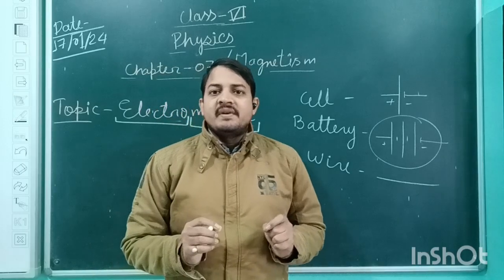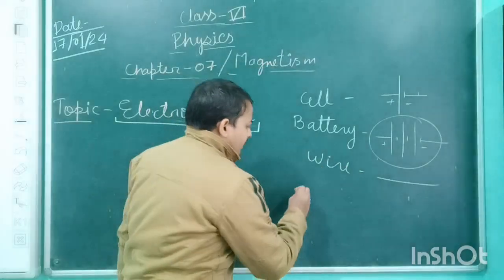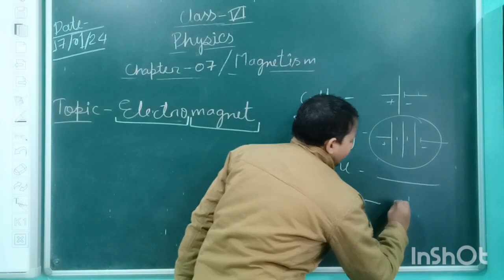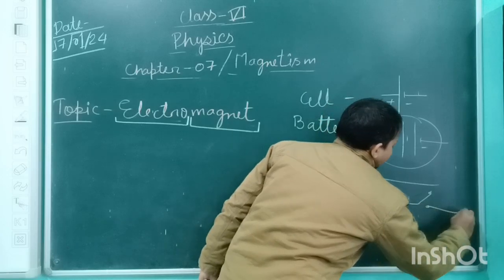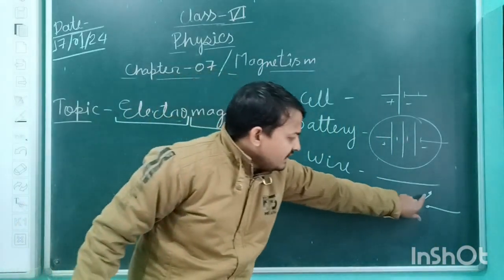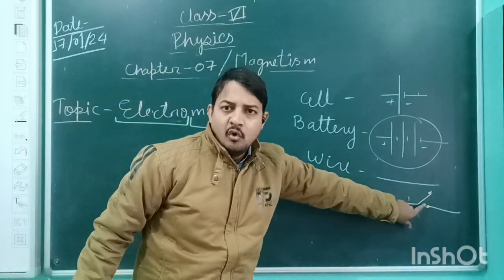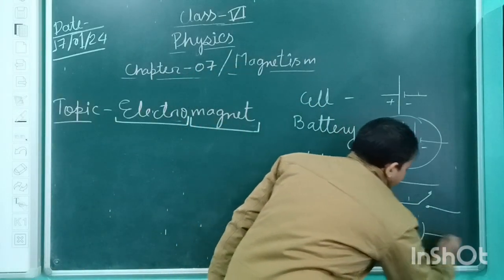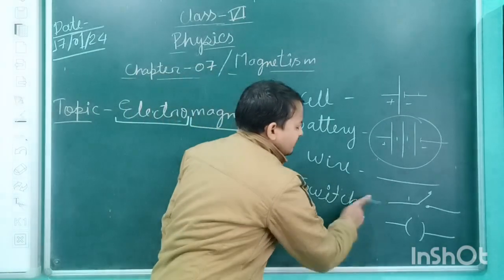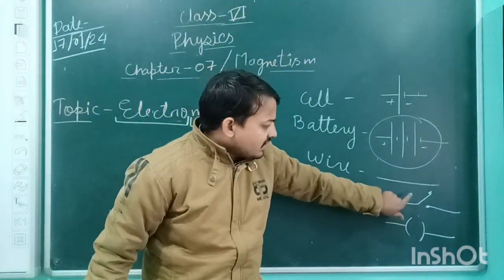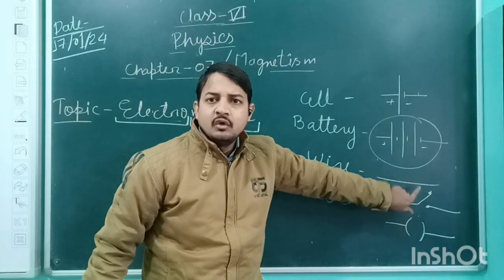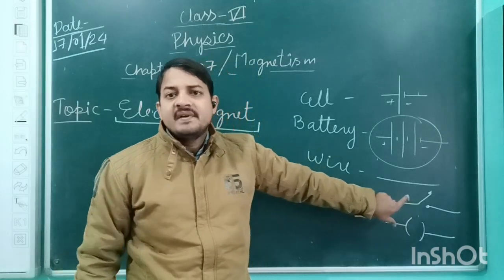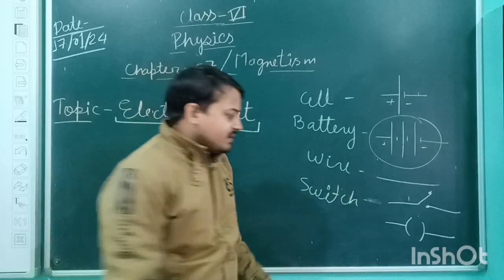So how do I represent that switch in an electrical circuit? Now see, for a switch there are different ways. The first way is like this. If this terminal is open, it represents an open switch. So either you represent it like this, or like this. In both condition number 1 and condition number 2, we represent an open switch. So these two represent the open switch. But if I have to represent the closed switch in any circuit, how do I represent it? See.